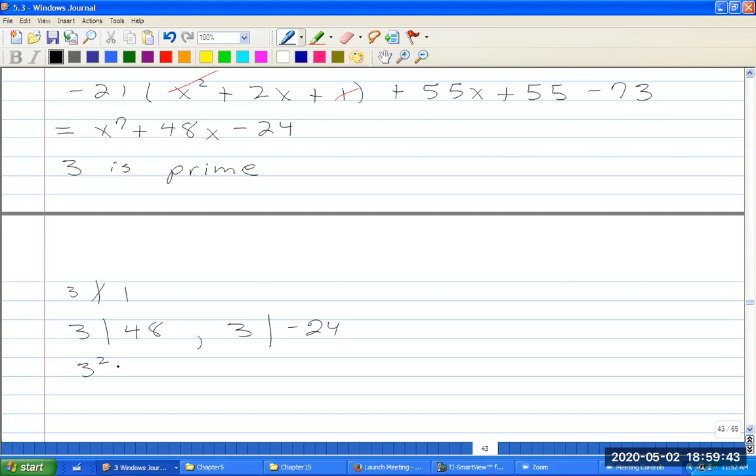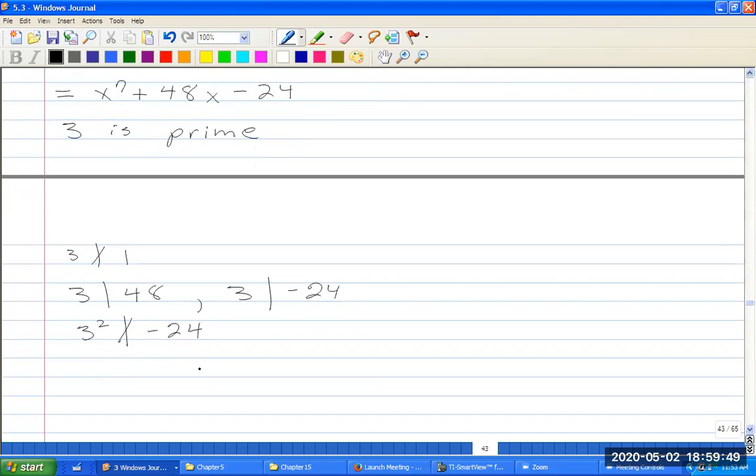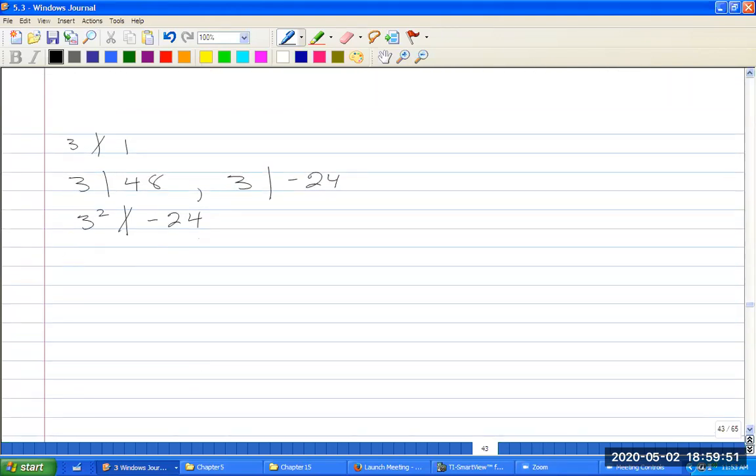But 3 squared is 9, which does not divide 24. So therefore, by Eisenstein, I have that this polynomial, I think I called it f, is irreducible